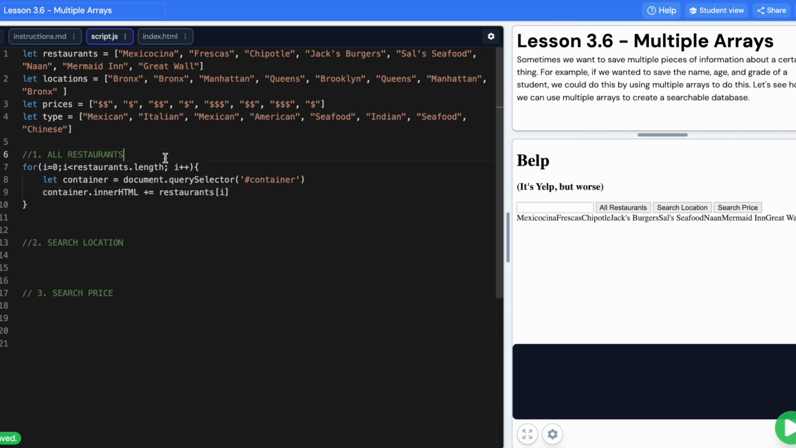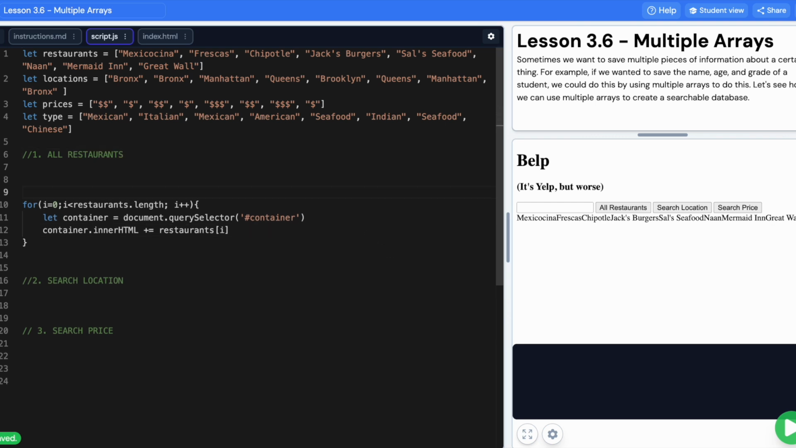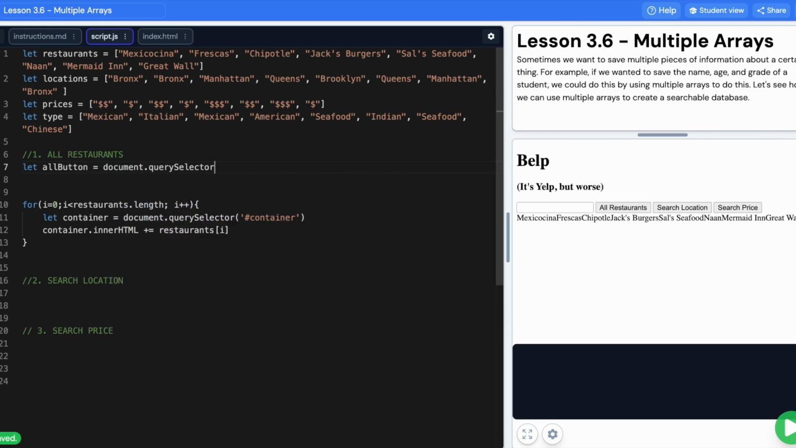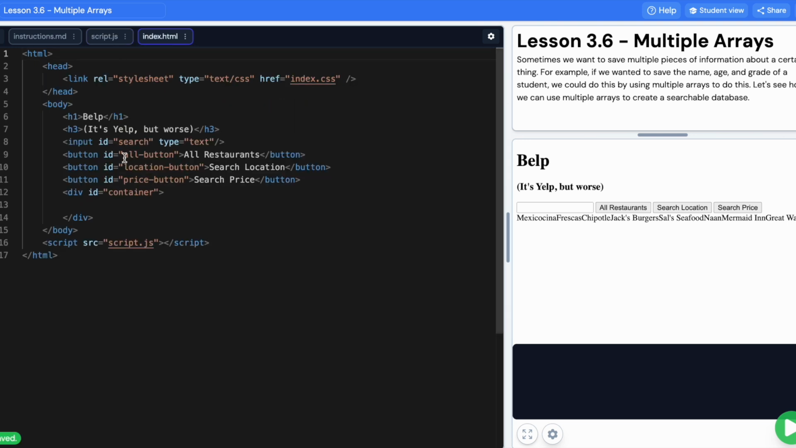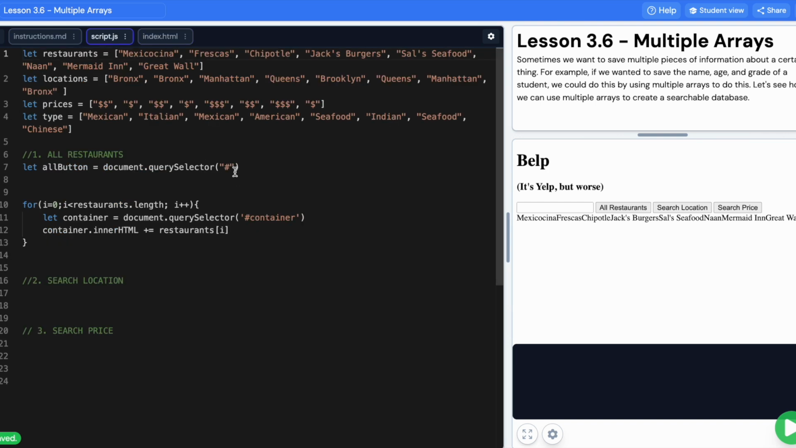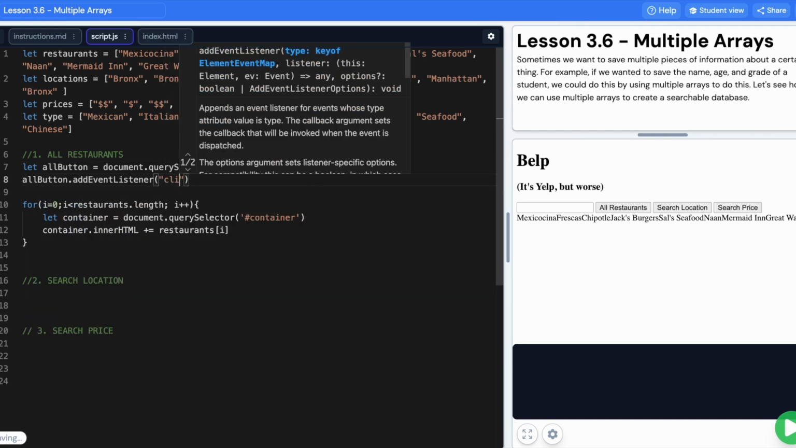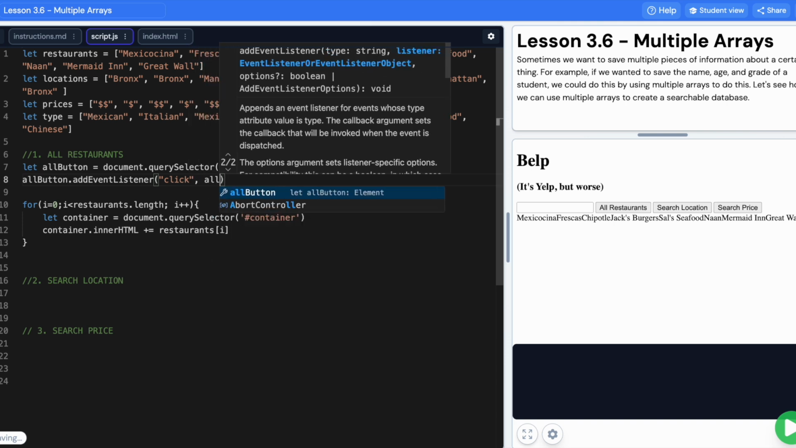Now, two things. One, I should probably put this in a button, right? Because it just happens off the bat. So let's make a button for this. I'll say let all button equal document dot query selector, hashtag for the index. The button is called all button. Okay. Come back here. Go like that. Okay. We'll say all button dot add event listener. We're going to listen for a click, and then we'll run the function all